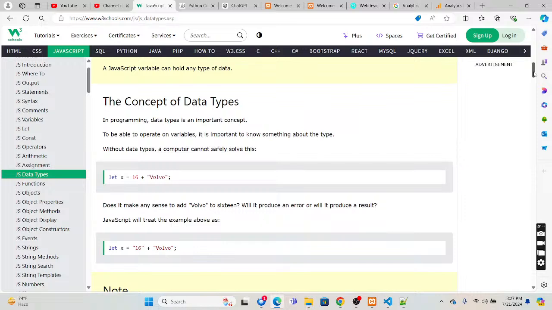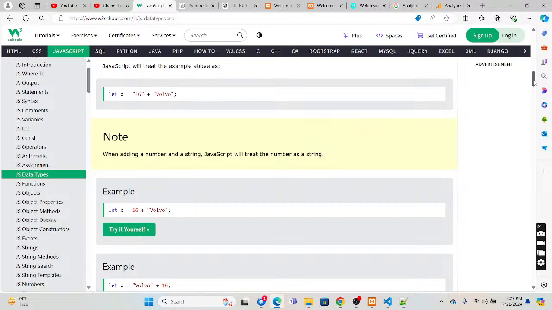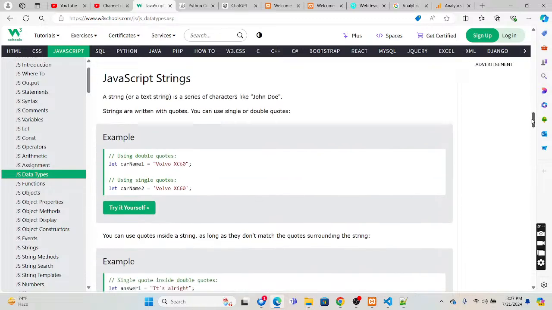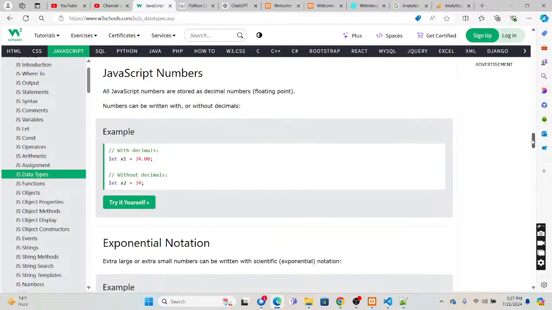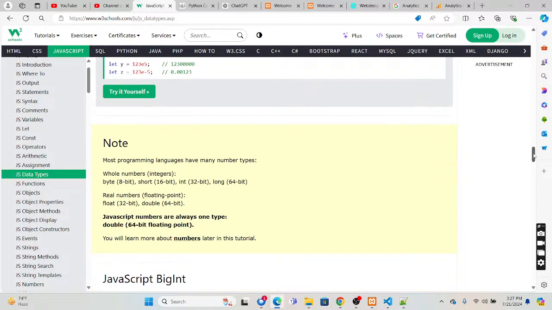To be able to operate on variables, it is important to know something about the type. Let x, then use it without a value, and it will give an error. You have to use a proper data type. Let x be undefined, x is equal to 5, now x is equal to Jan, x is a string now. So you can change the type dynamically also. Let x be equal to a number without decimals, exponential.